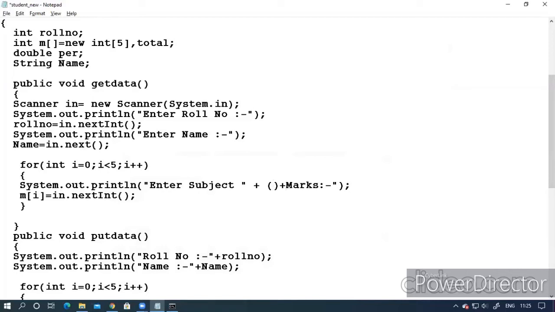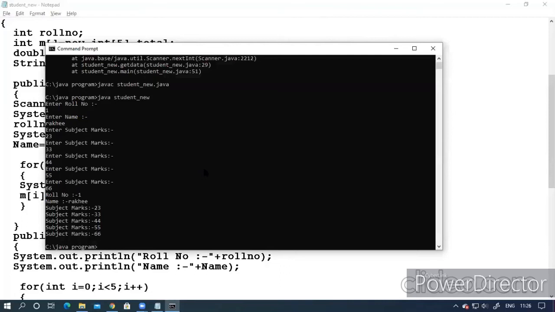In this bracket, I can mention i plus 1. I save. So again, we have to compile it.